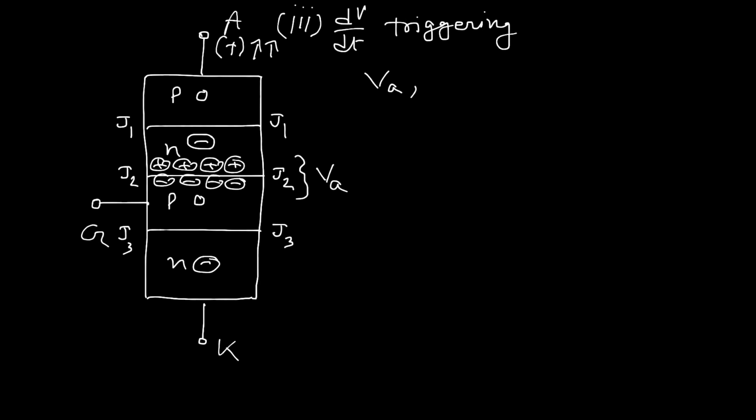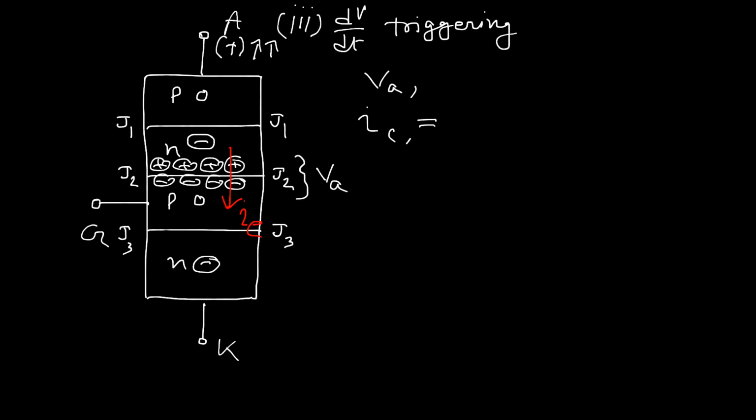And when we think of junction J2 as a capacitor, a leakage capacitive current tries to flow across junction J2, which we define as IC, the capacitor current. So from the frequent change of the anode voltage, what happens? This capacitor current IC